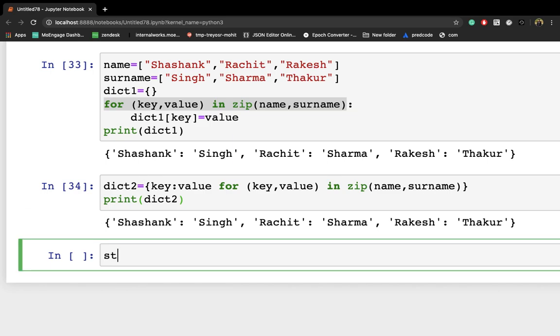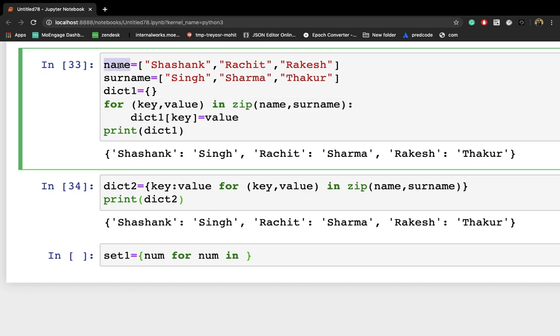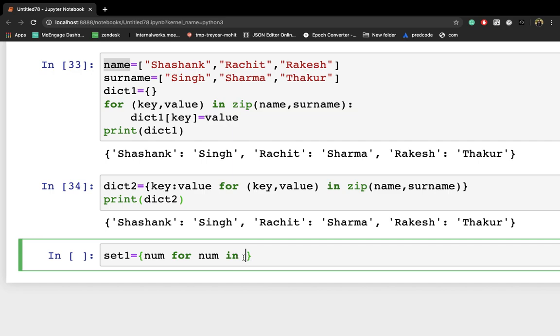Let me show you one example for set comprehensions as well. I'm writing a variable named set1 equal to curly braces, num for num in range 10.